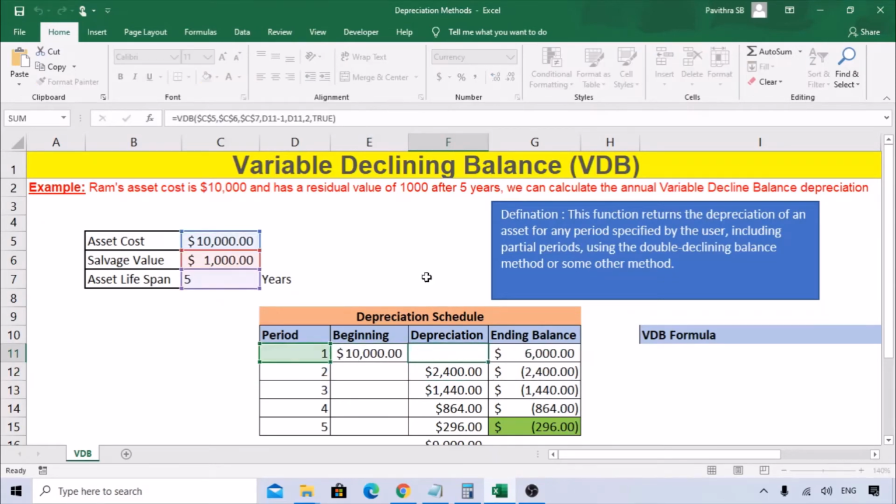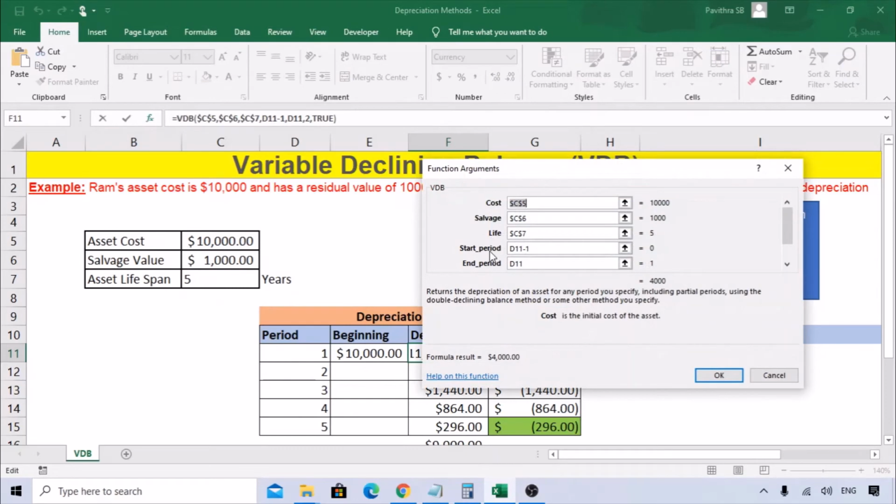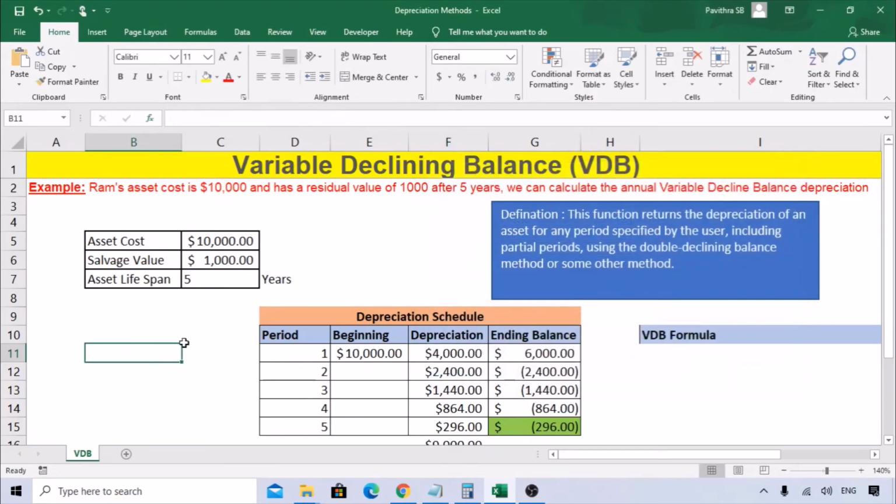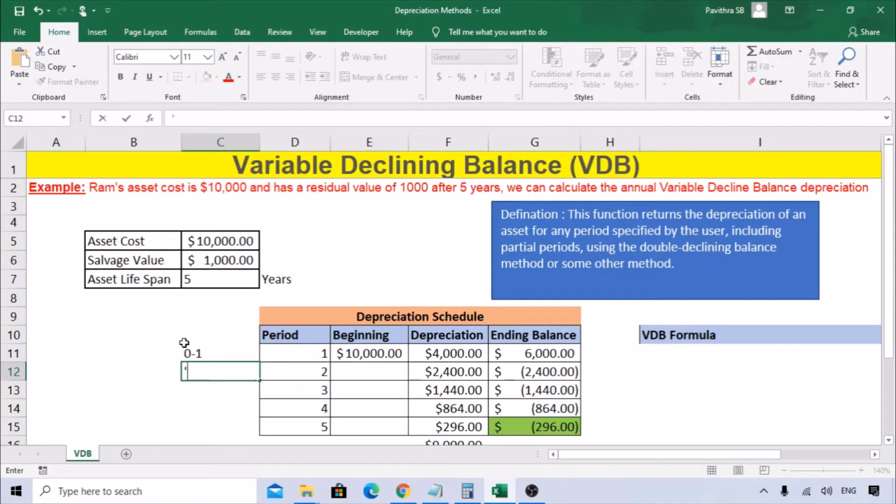Hope you understand this, right? It's very important to know when you start, it will be like this. So example, period 1, right? So 0 to 1, 1 to 2, 1 to 2.